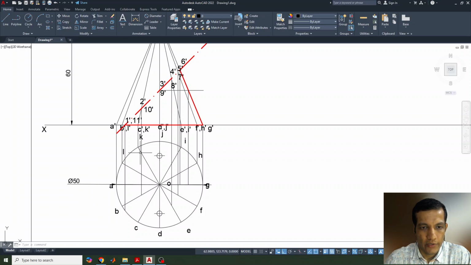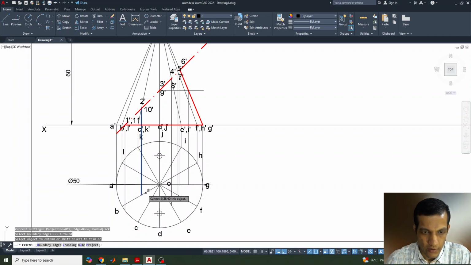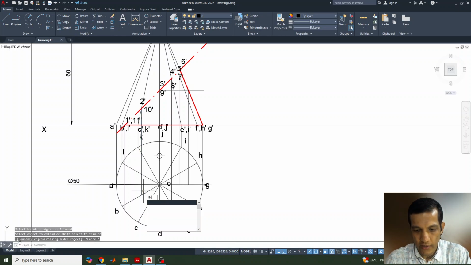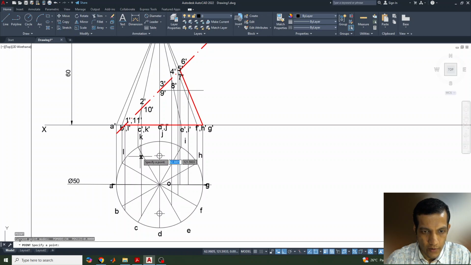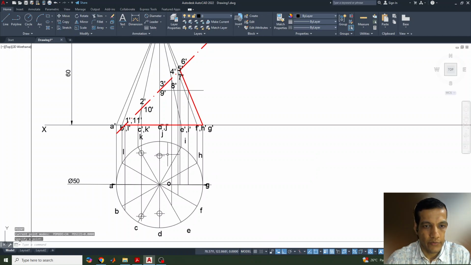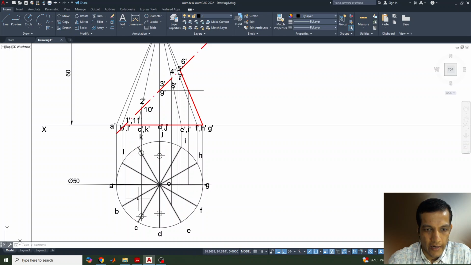Okay, so this needs to be, actually, we'll extend this. Extend. Yeah, so this is the next one. So PO, enter, this is one, again enter, this is one. So now see how I'm doing this one. This is the first one, first point 1, or this is 1 dash point, 11 dash point. Okay, second one, second point is crossing this one, so second, that means 2 dash here, and 10 dash point